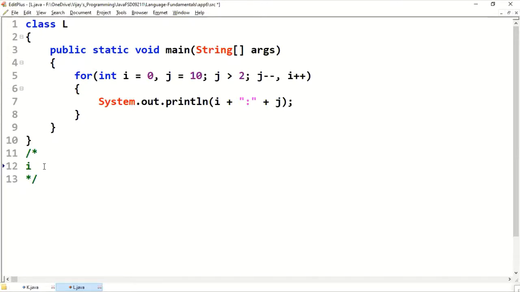Initially, i will be 0, j will be 10. j greater than 2? 10 greater than 2, yes, so it prints the same.